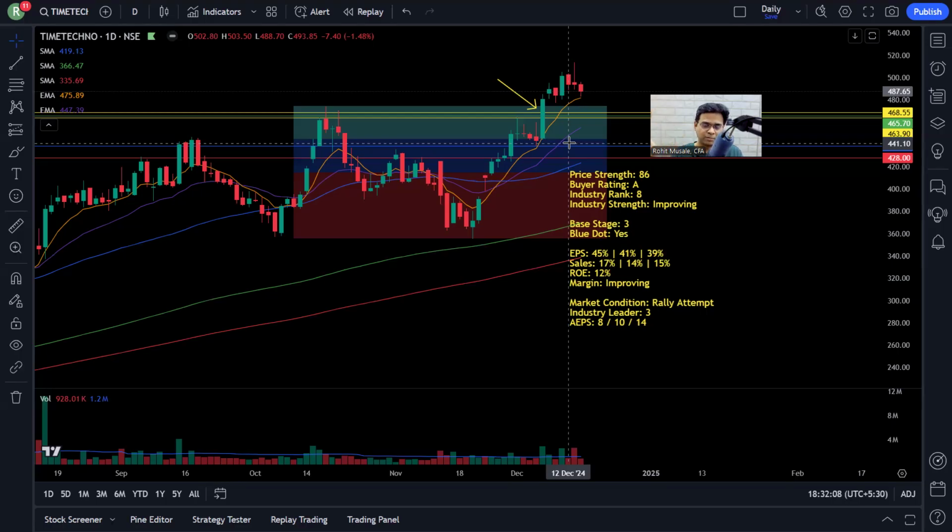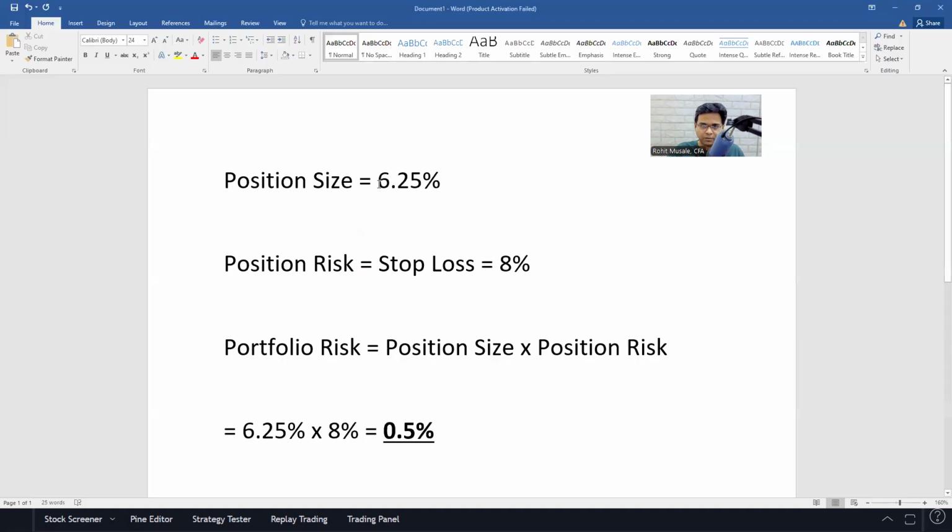Imagine taking a 25% position size on a stock. If this is 25% and this is 8% and your stop loss gets hit, that's a 2% loss. You have lost 2% of your portfolio. That's huge. At least for me mentally, losing 2% of my portfolio in a single stock is too much risk. With that much risk, I can buy four stocks, four comparatively high quality, technically and